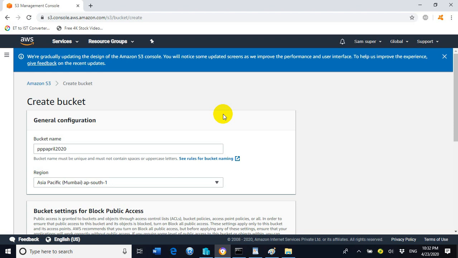But in the case of EC2 instances or other resources, if you have created an EC2 instance in the Mumbai region, then its visibility scope will be only Mumbai. If you change the region, then you cannot see the EC2 instance which you created in the Mumbai region. But in the case of a bucket, no matter where you created the bucket, it will be visible in all the regions of the world.